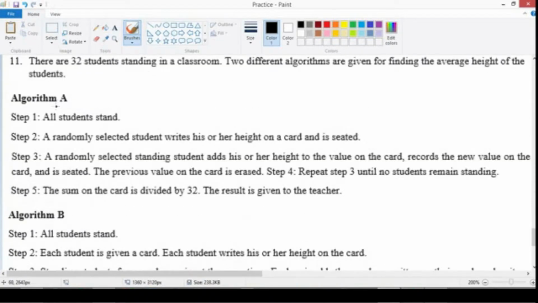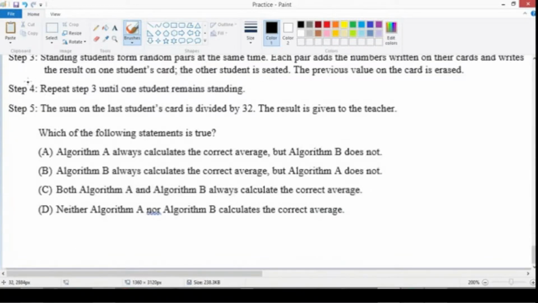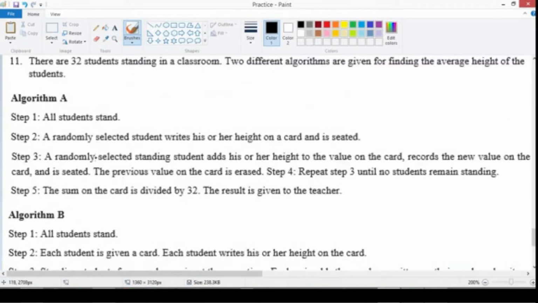So here's our first. We have to compare 2 algorithms and figure out something true about them. Let's look at the algorithms first. Step 1, all students stand. Step 2, a randomly selected student writes his or her height on a card and is seated. Step 3, a randomly selected standing student adds his or her height value on the card to the value on the card. So there's one card that has one person's height,